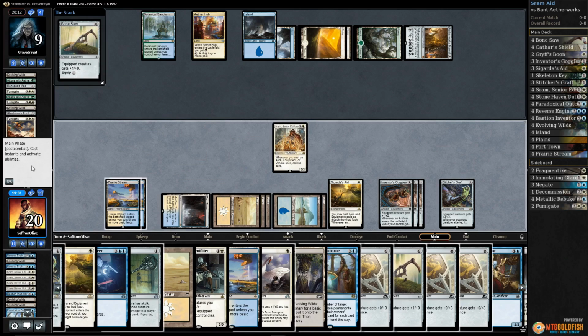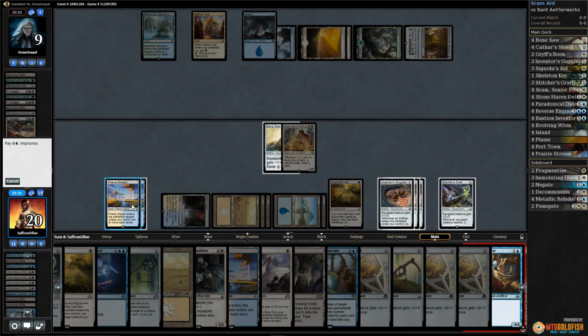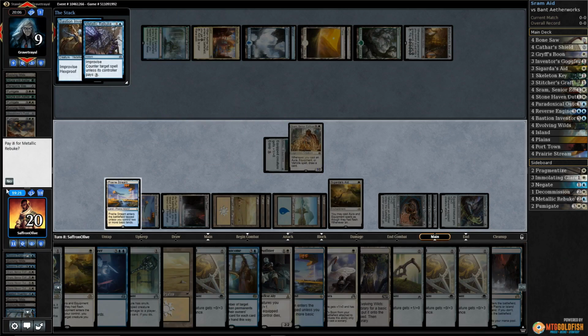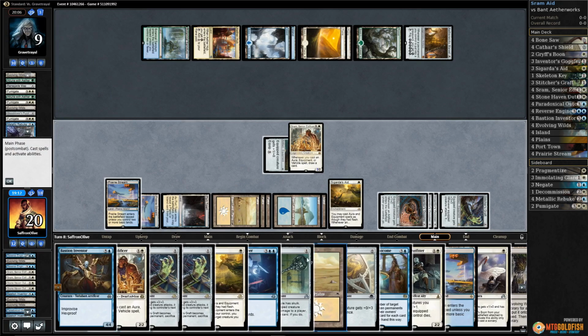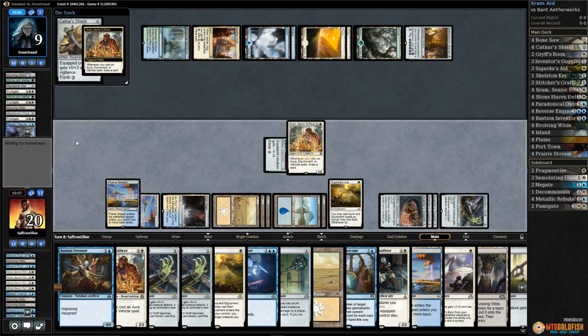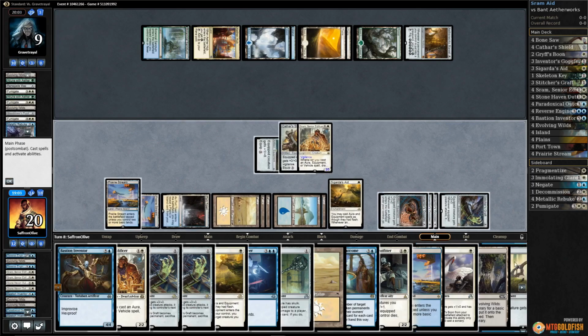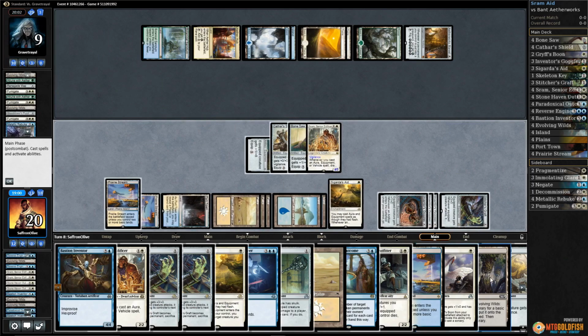Bonesaw, draw a card. Bastion Inventor. Opponent counters. 1, 2, 3, 4. Can we get down? Do we play a land yet? We did. Well, Cathar Shield. Equip, draw a card. Bonesaw. Equip, draw a card. 1, 2,